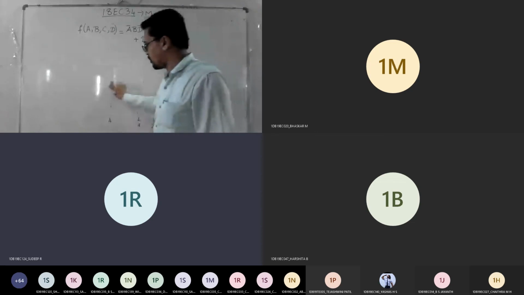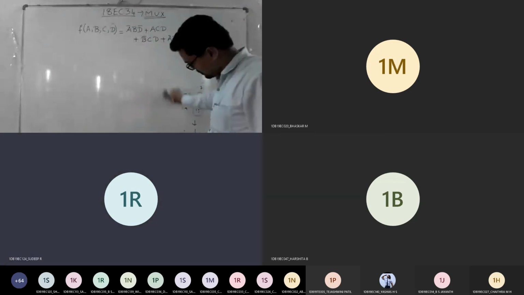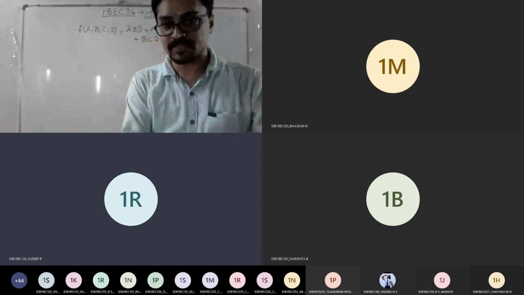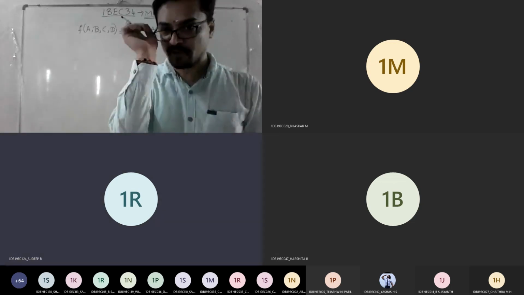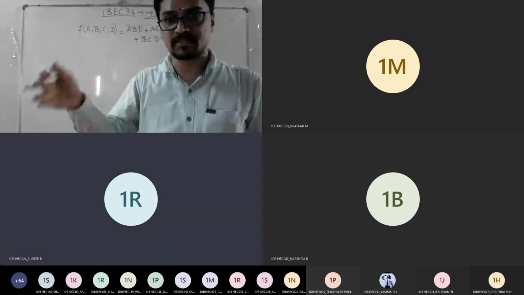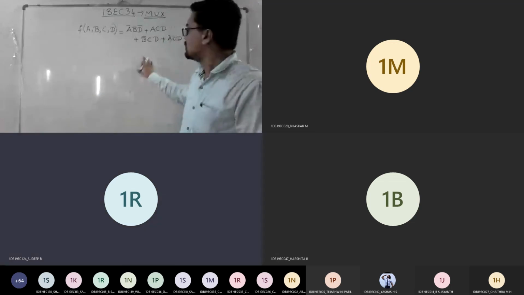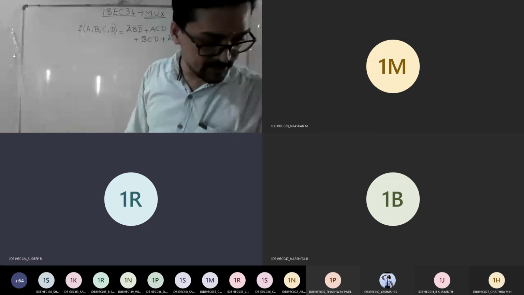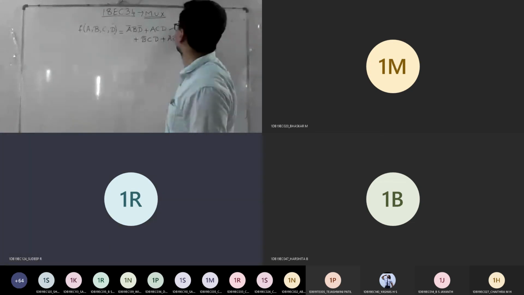If you get such kind of problem, you can expect 8 to 10 marks. The earlier problem you saw is for 6 to 7 marks. The first simple one may be for 4 marks. So this is how the marks vary in the implementation part. They ask you to implement using 8:1.